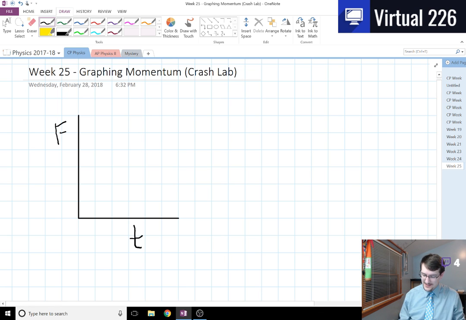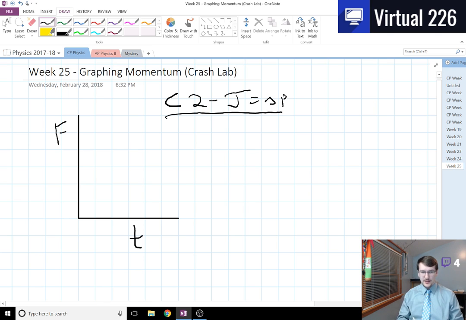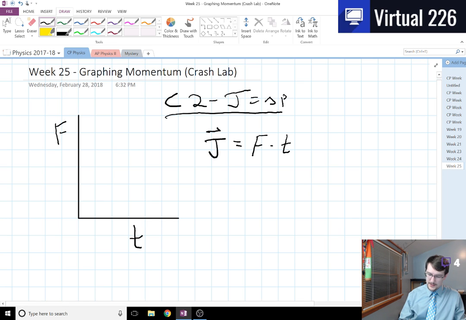Okay, so what we're looking at here is a C2 problem where we're looking at impulse equaling the change in momentum through a graphical analysis. What we have on the left here, kind of crudely drawn, is a force-time graph, or an impulse graph. We know that the area of this kind of graph is equal to an impulse, because in general an impulse is equal to a force multiplied by a time. If force is my height here and time is my width, my x-axis, then force times time is an area. So if we have some arbitrary function here